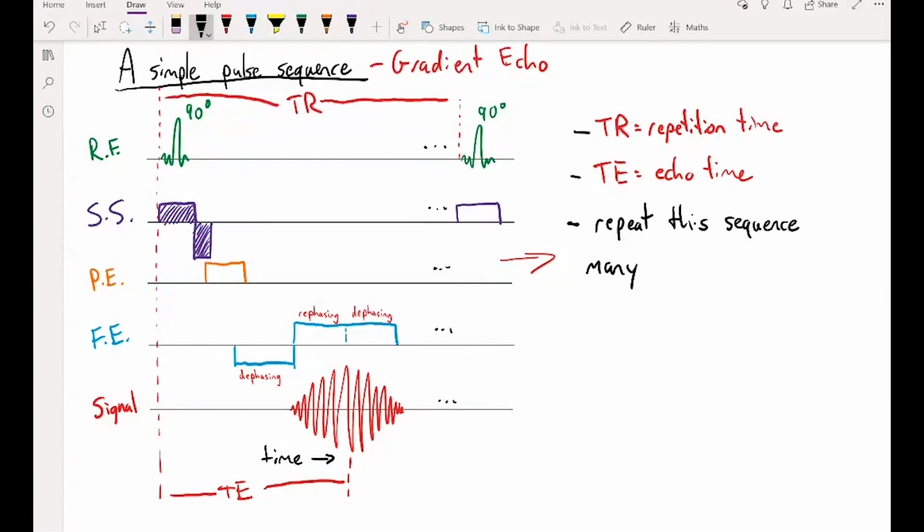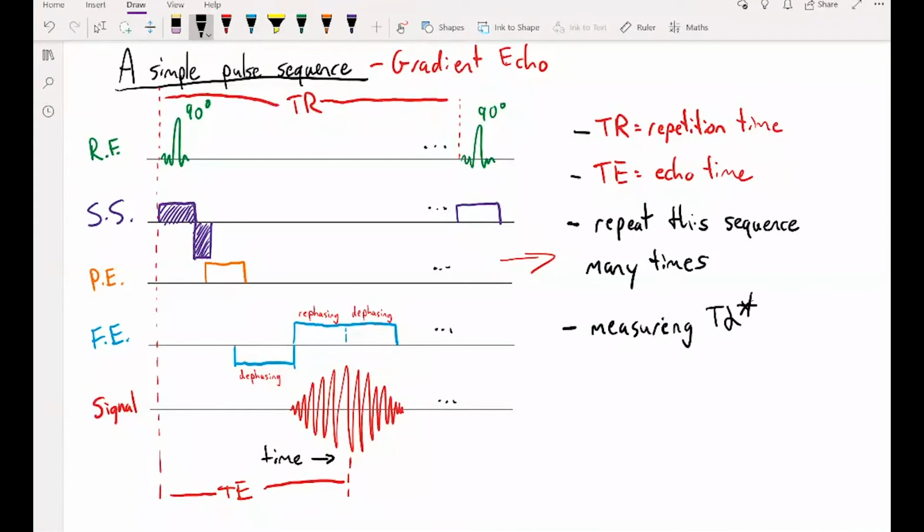Let's put "many times" here for the reasons that I've already discussed, and I'll flesh that out when I'm passing the notes to you guys. Another important thing: we talked about T2 in both previous sessions, but in detail last session, and talked about how there are imperfections in the scanner and additional features that cause us to measure T2 star instead of T2. So in this example with a gradient echo sequence, we are measuring